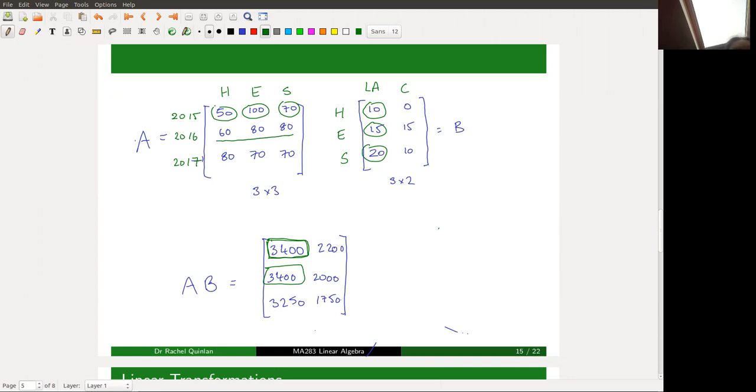And the number in the third position there, in column 1, is the total number of linear algebra credits taken in 2017 by first-year students of Eigen University in these 3 subject areas. So basically, AB again gives us a table, and what labels the 3 rows of this table are the years 2015, 2016, 2017, same as the labels in the rows of A. And what labels the columns here are linear algebra and calculus. And the entry in the IJ position